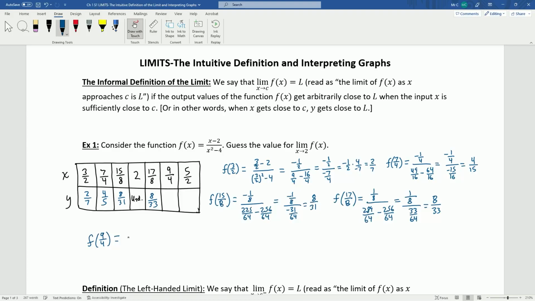Okay, f of 9/4. 9/4 minus 2 is 1/4. 9/4 squared is 81/16. And 4 is the same thing as 64/16. That's 1/4 over 17/16. Multiply by the reciprocal. 16/4 is 4 divided by 17. All right, and finally,